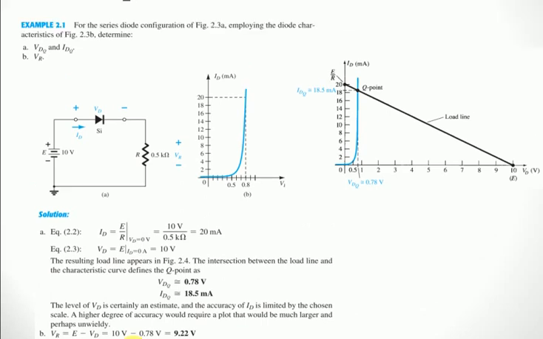From your book, you have example 2.2 and example 2.3 that you will do by yourself, and also check the questions relating to load line analysis from the exercise. In the next lecture, we will discuss all those things in which you have complications or confusion. So discuss that with me in the next lecture.